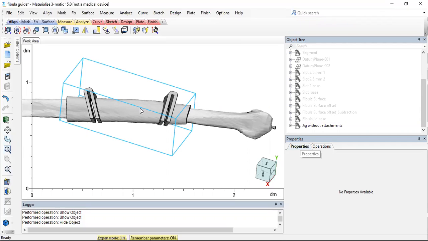Any doubts? So this is basically it for today's seminar. Any doubts in any of the 3 sections that we did that encompasses the complete fibula guide creation and the reconstruction?